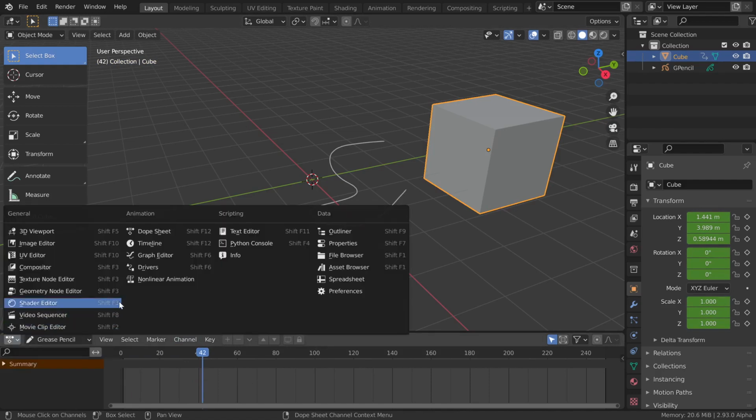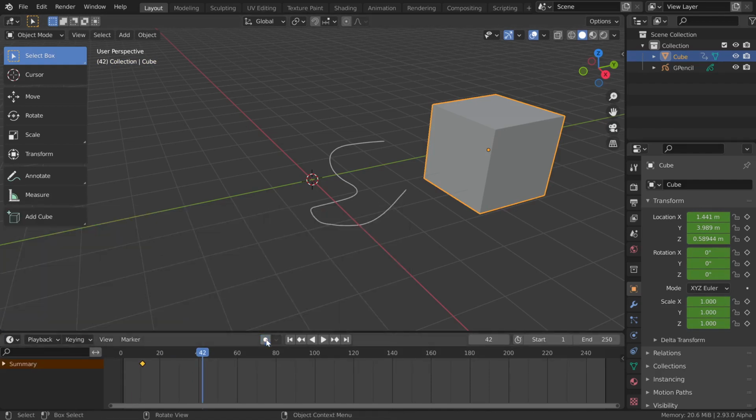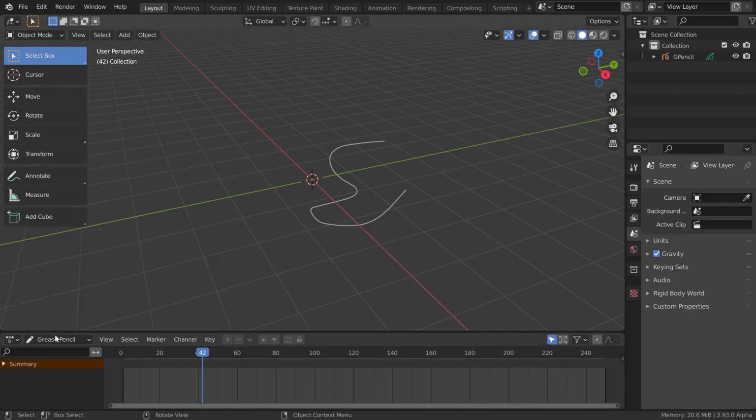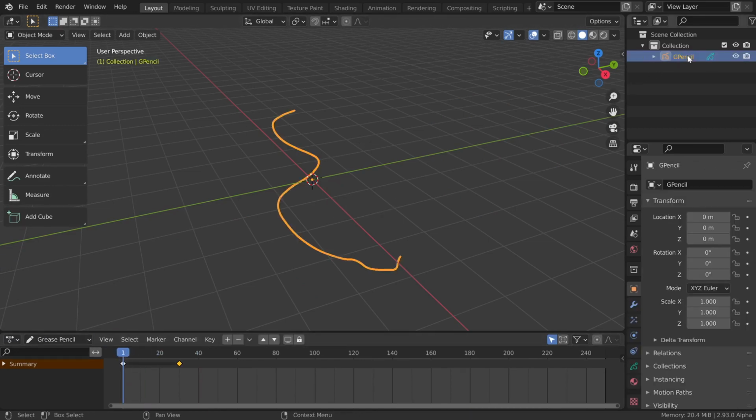So what I'm going to do is switch this back to a timeline, uncheck that option, delete the cube, jump back over to the dope sheet, make sure we're set to view grease pencil keyframes, and then I'll left click and drag the play header back to the first frame. And then once we select the grease pencil object, our keyframes should show up. And I'm going to select them both and delete them, since we want to really get familiar with the core,